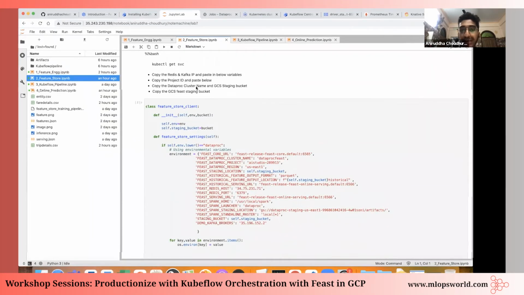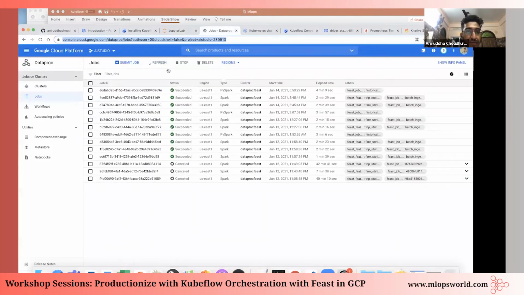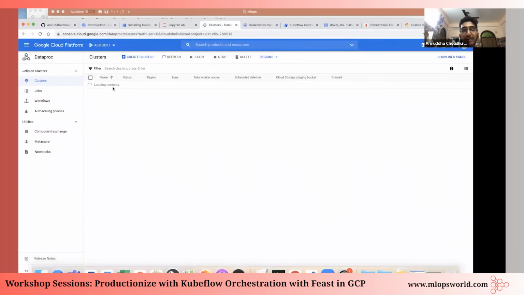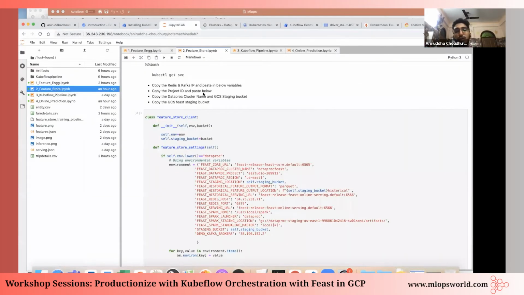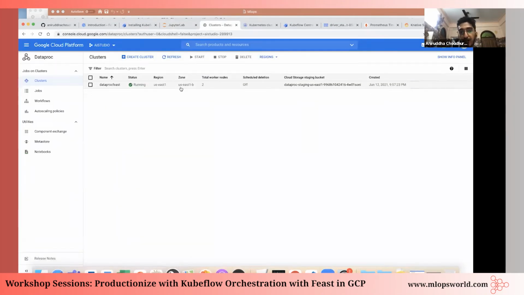Then your Dataproc cluster name, the Dataproc cluster which you have deployed. So I have my Dataproc cluster running. You have to grab the name here, and the GCS bucket, your cloud storage bucket, in which you want to save your data or parquet file. My Dataproc cluster is running in the US East 1 region, there are 2 worker nodes, and this is your cloud storage bucket. This bucket you have to copy, and that particular bucket will go to your